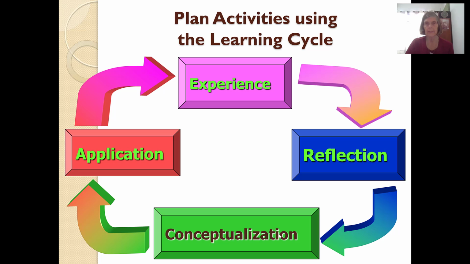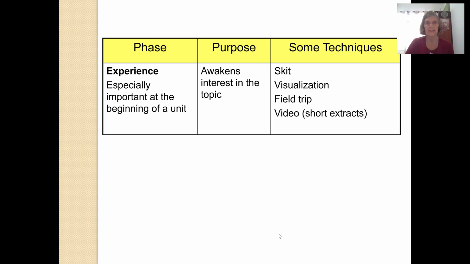Next, once we have our objective, we plan activities using the learning cycle with its 4 phases of experience, reflection, conceptualization, and application. The first phase is experience, and this is especially important at the beginning of a unit. We don't always have to include an experience when we are giving a longer workshop with various learning sessions all on the same topic. The purpose of the experience is to awaken interest in the topic, and some techniques we can use are skits,